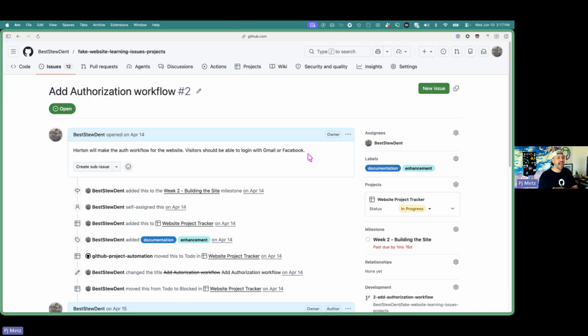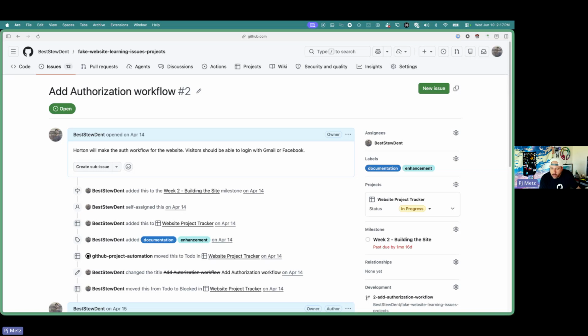In this case, I had to make a bunch of these so I could just demo it. And I just want you to understand the functionality of issues as opposed to how you would use it in a real world scenario. But just to say, best practice is what you're doing, why you're doing it, how you're doing it, and what done looks like are great things to include in an issue.